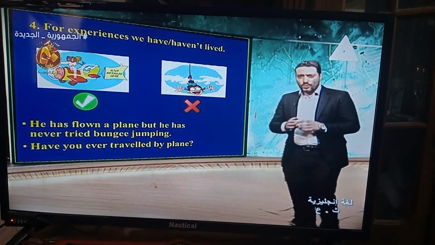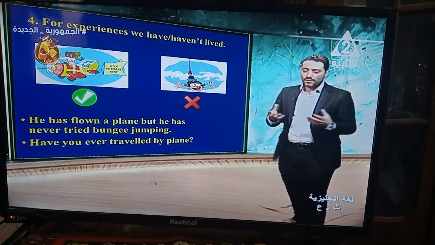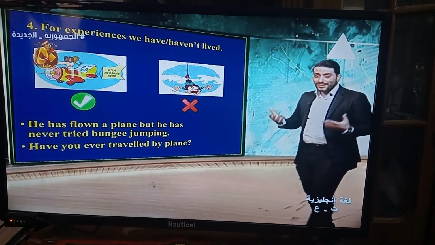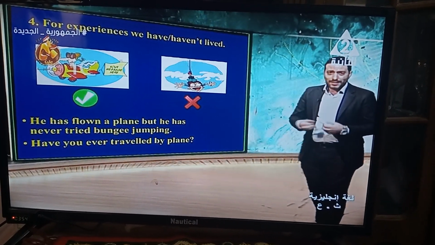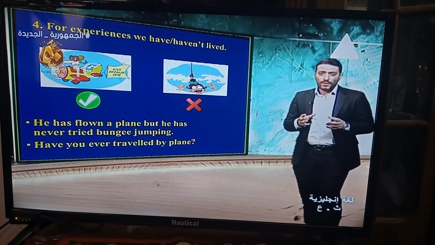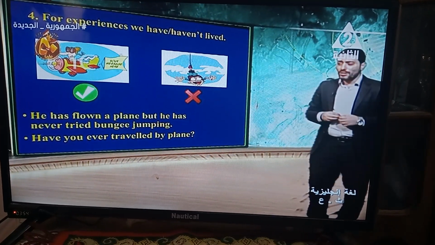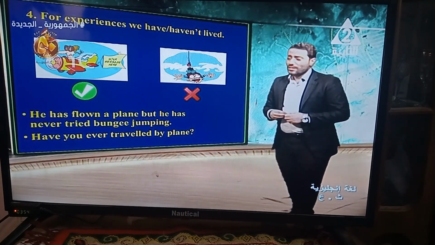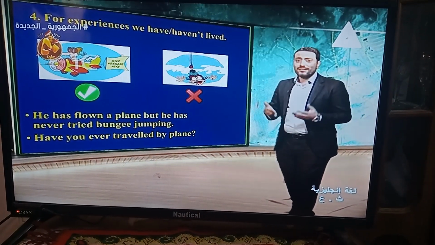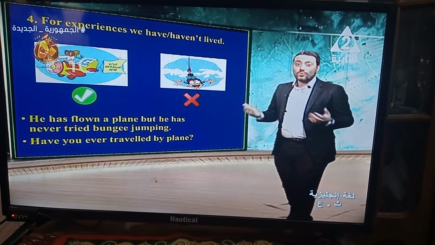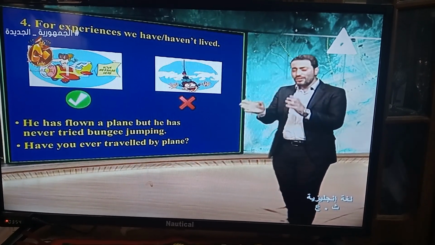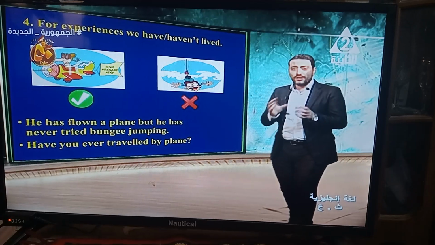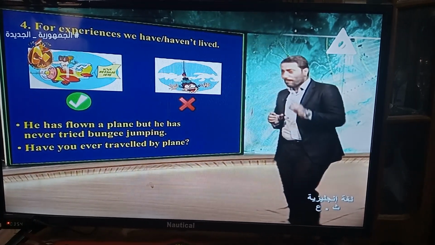And sometimes we have since and for with some collocations, just to make it easy. عشان تعرف الفرق ما بين since و for, we can use certain collocations. For example, you can say for ages, for as long as, since now, since then, since when, or for how long. So these collocations will help you to know the difference between since and for. But there is a very